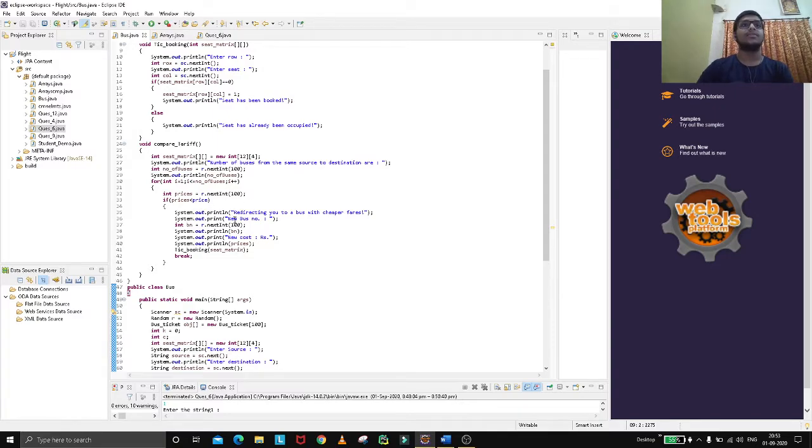So basically you can see, this if statement will be redirecting you to a bus with cheaper fares. A new bus number will come and a new cost will come.